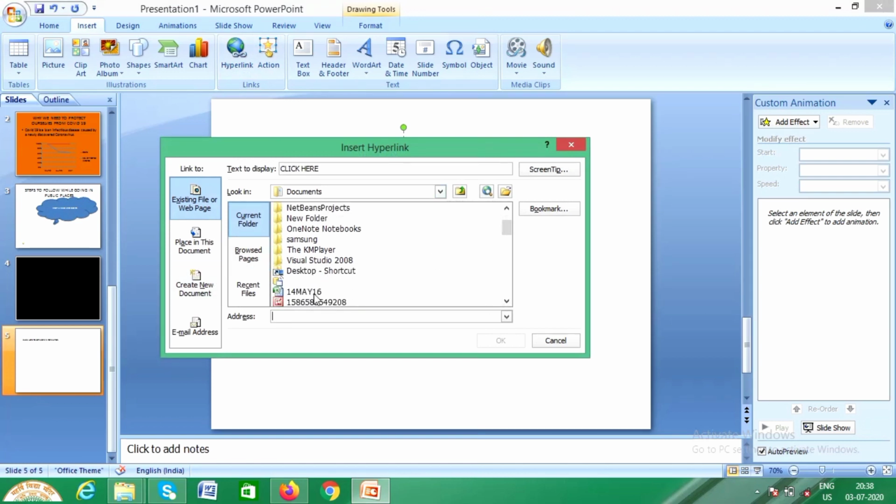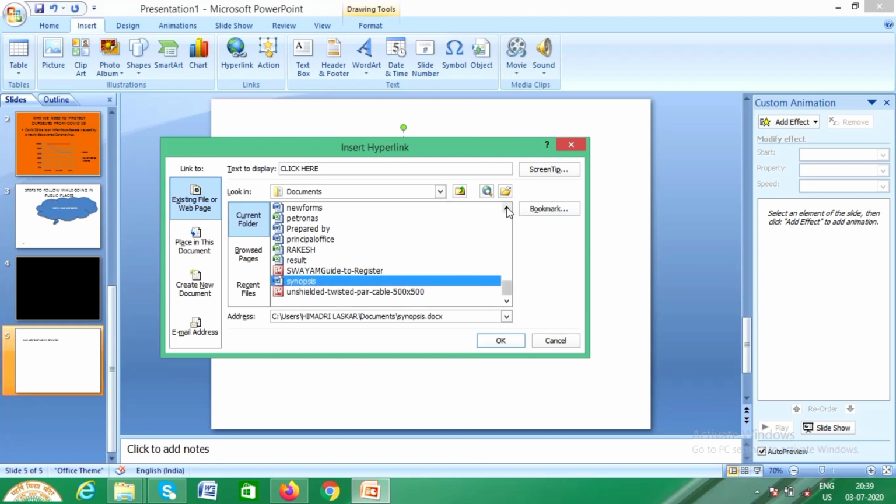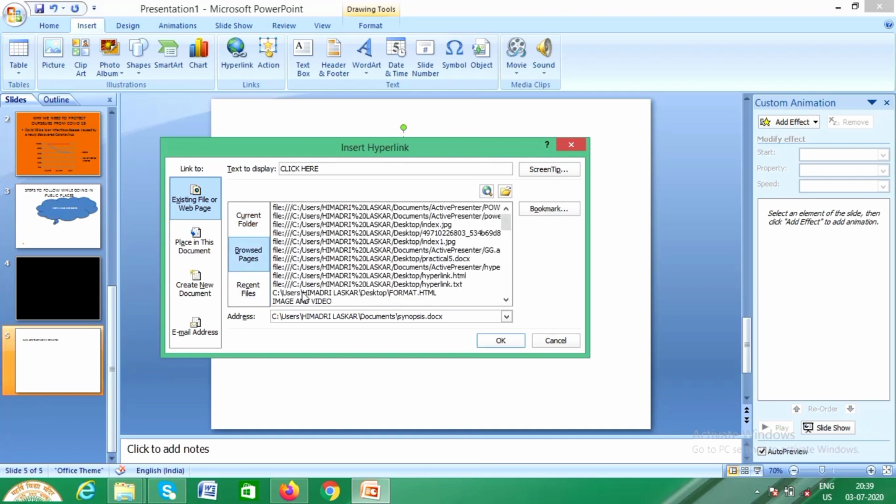Then you can select or find your page to which you want to link. I'll be inserting a HTML page. It's not here. Let me go to browse, and there I have got one that I will select.